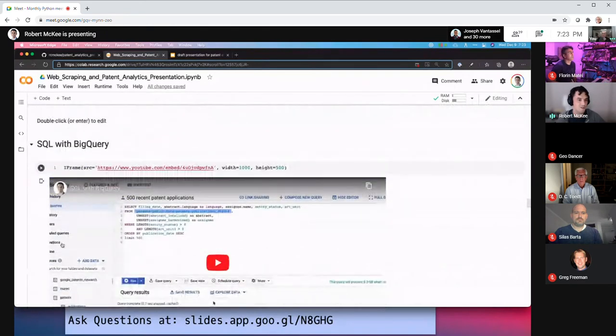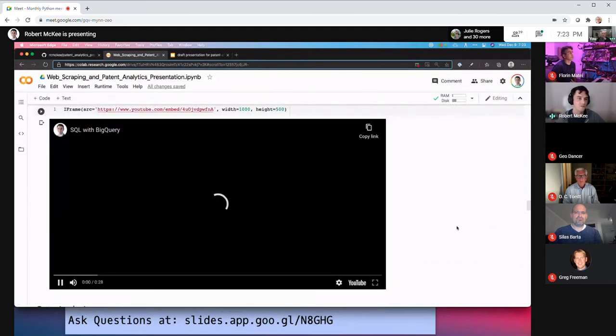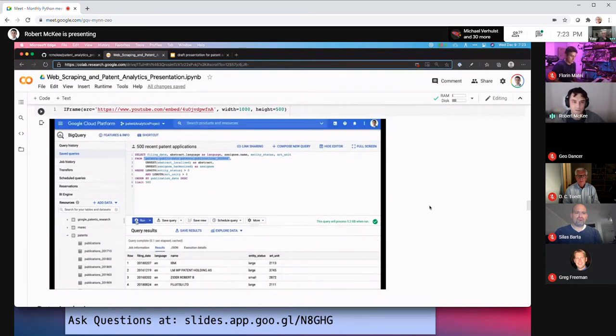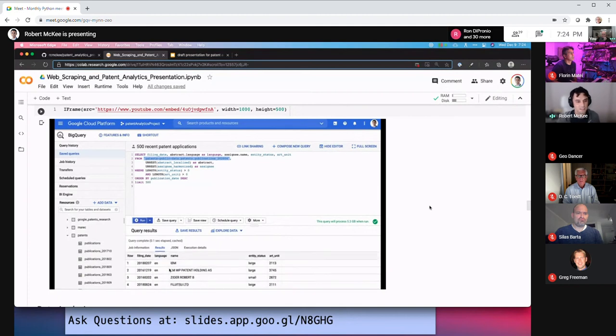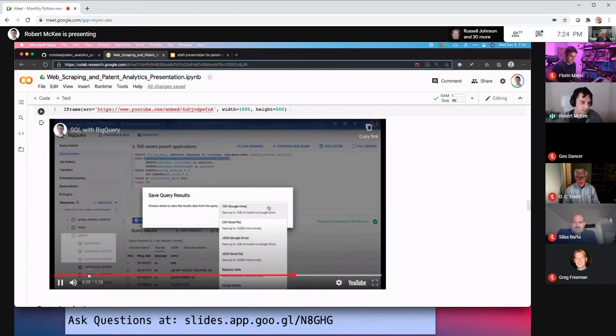Now, the new way, which I highly encourage you to use, is Google BigQuery and using SQL with that. So in the middle here is just a SQL query that I wrote, and it's going through 1.9 terabytes of data, collecting some names of companies who have the patents, if they're a large entity or not, and filing dates.